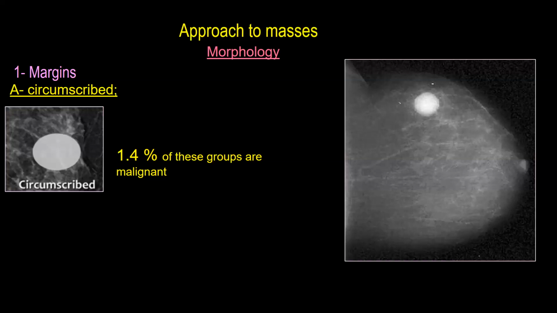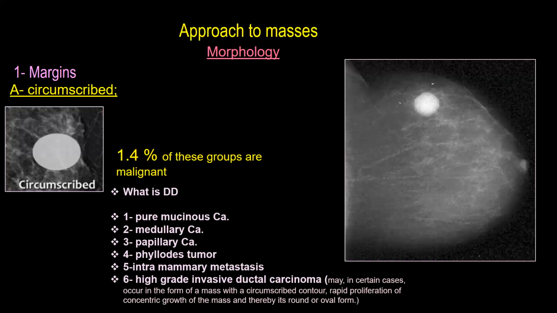Medullary carcinoma. Metastasis. Malignant phyllodes. Mucinous. And do you remember this? It was papillary. Okay, the papillary carcinoma, and also the high-grade invasive ductal carcinoma. Some of this group